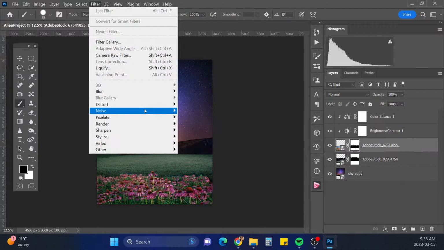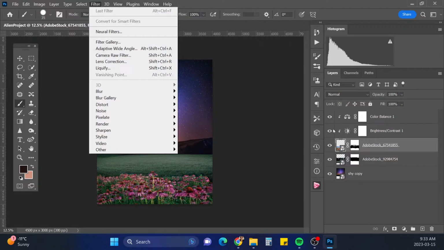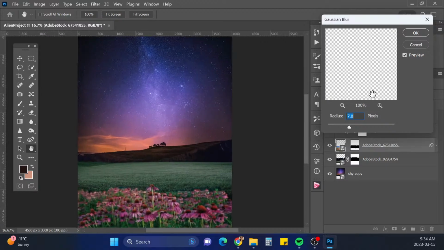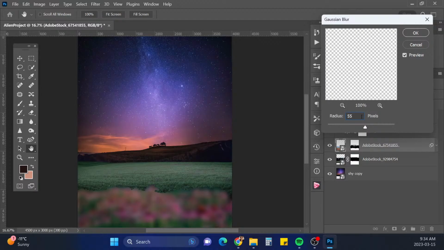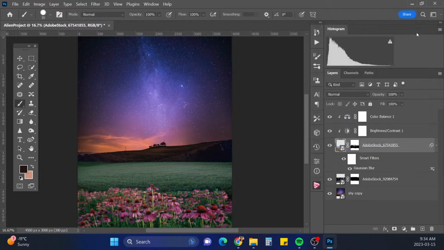Let's just go filter. Make sure you're on the actual layer, and I'm gonna go blur, and then Gaussian blur. I'm gonna do, let's see, 5. Oops, not 55, just 5. And I'm gonna paint that off of these background flowers, I mean, right here.